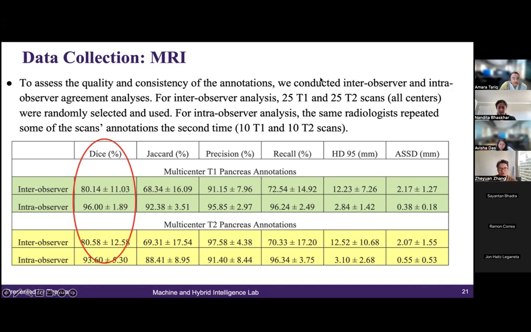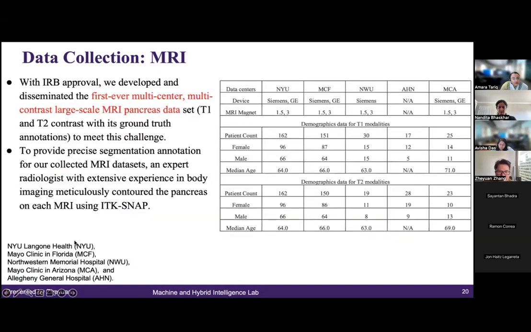For every sample, the data annotation is conducted this way. There will be only one mask provided by a radiologist, and then one senior radiologist will confirm whether this is good or not. If he thinks the boundary is not accurate, he will give it back to the junior-level radiologist to do some refinements. And for every scan, we will only have one mask.